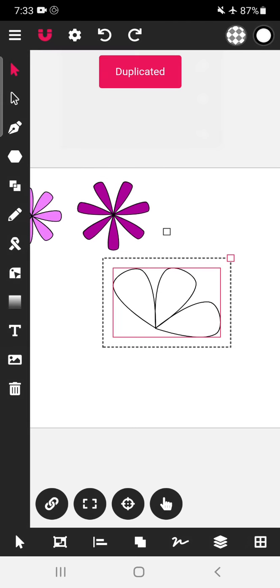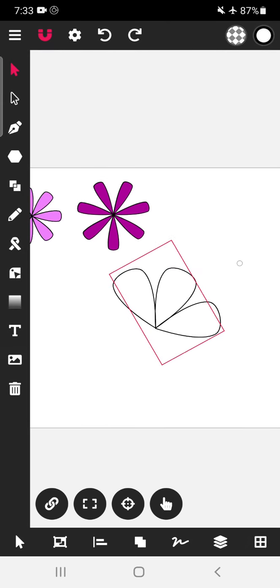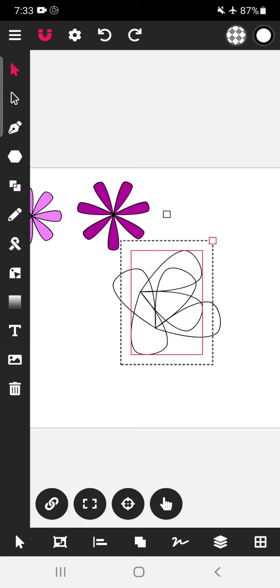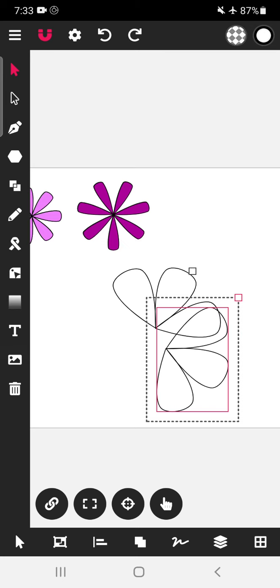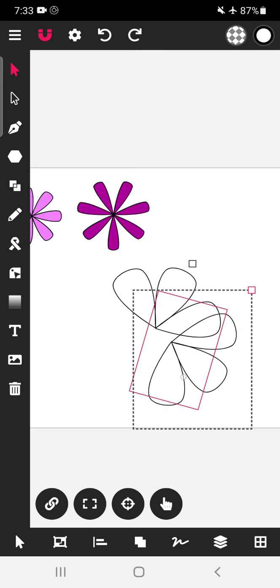Now create a duplicate copy and rotate it like this and try to align it on the previous object.